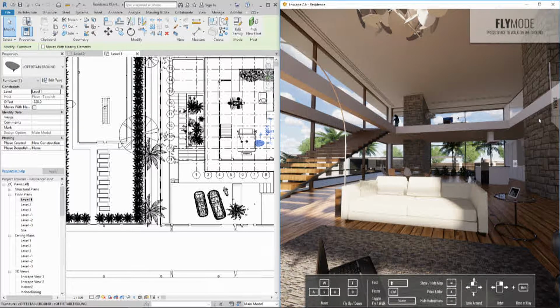And you can walk around, change time of day. And the thing is, it's still linked to your project, to your Revit project. So if I select something like the table, move it over, it's there. So, oops. So you see, changes can be done in real time. And this is something that you don't get from the other tools. So you can actually work until the very last minute, or even work in the project as the customer sits next to you, says, I want to see this changed, and you don't have to go through all this process again and re-export it, but you can actually show them in real time what it's about. And this is the beauty of Enscape.